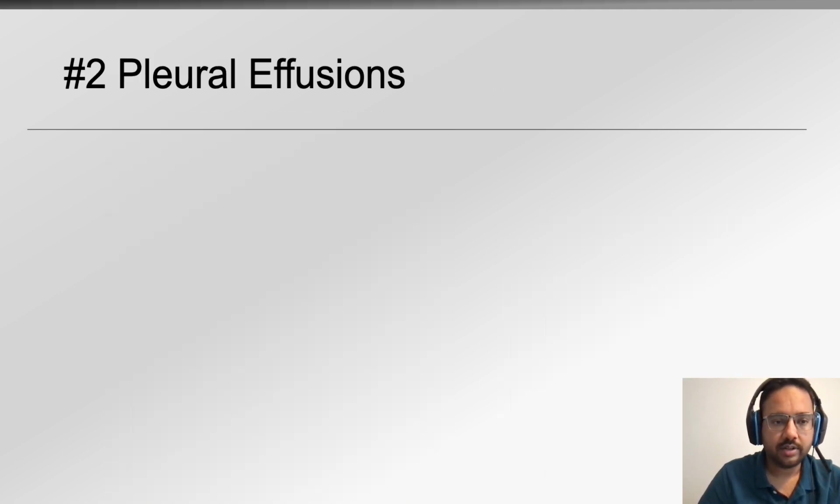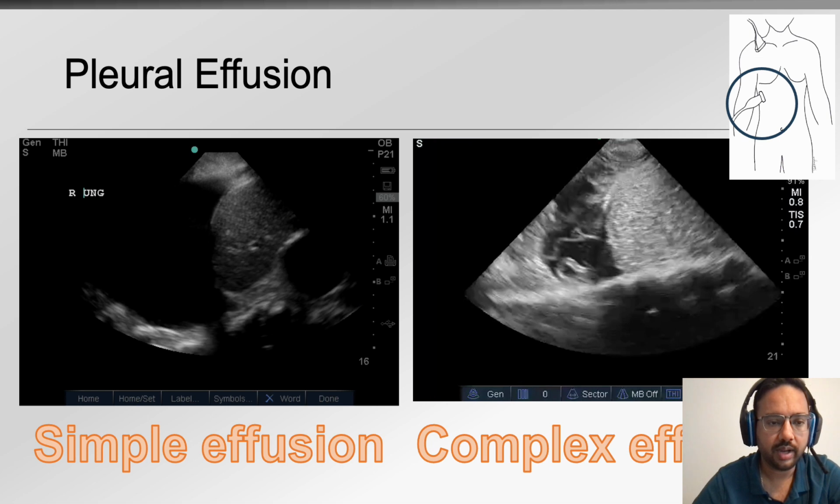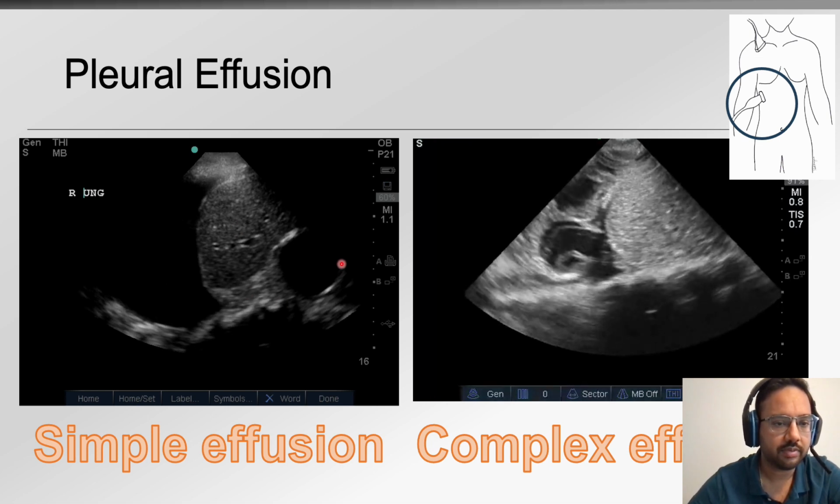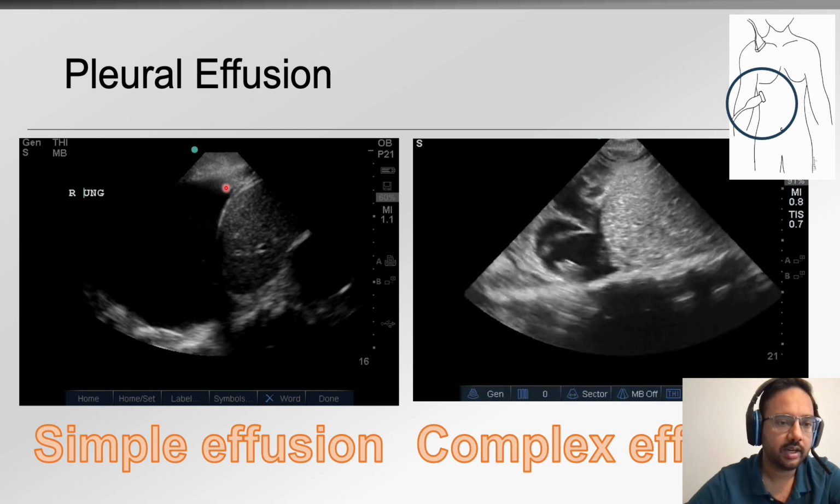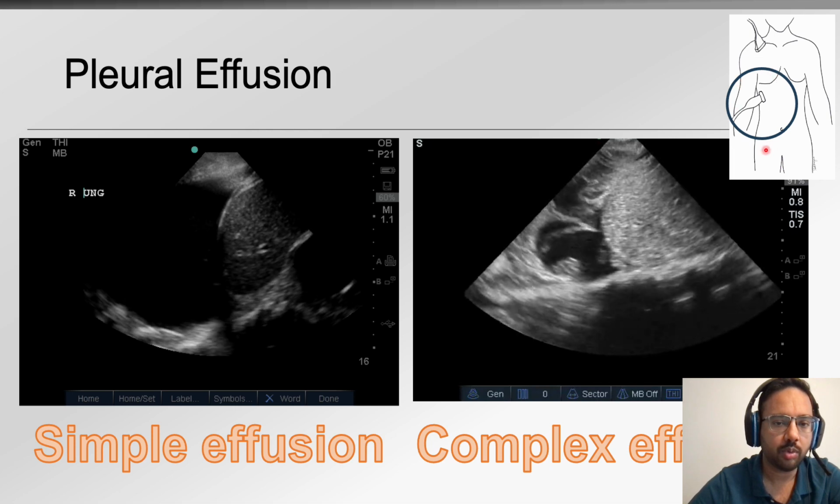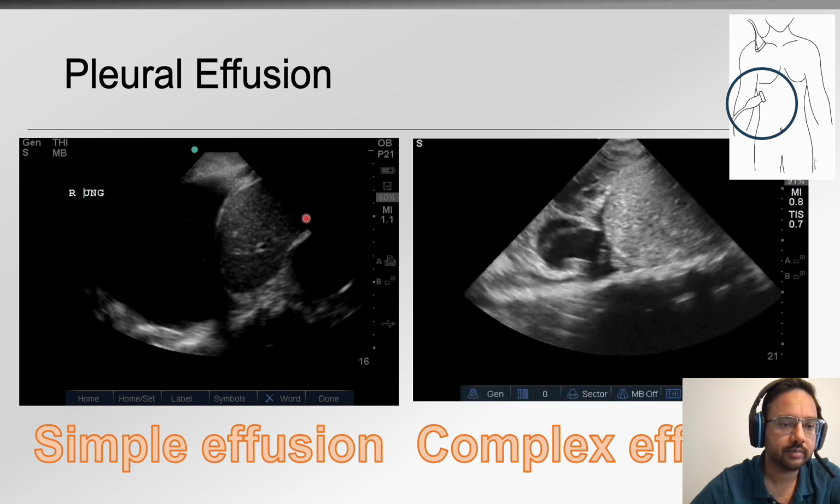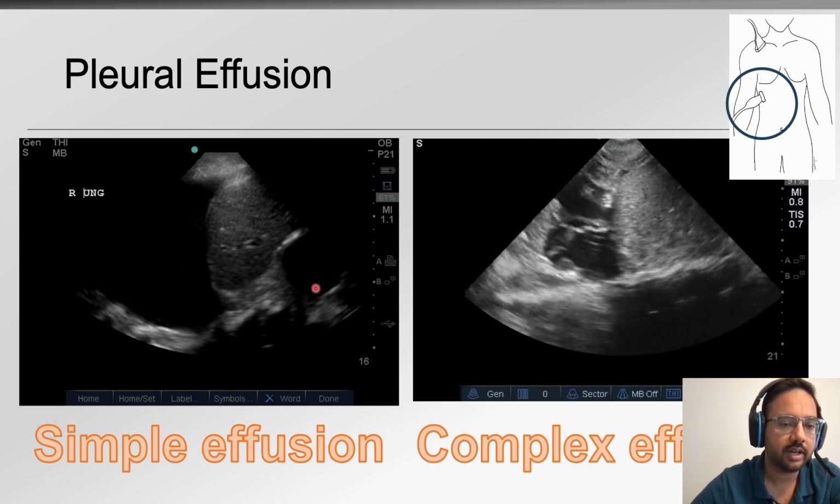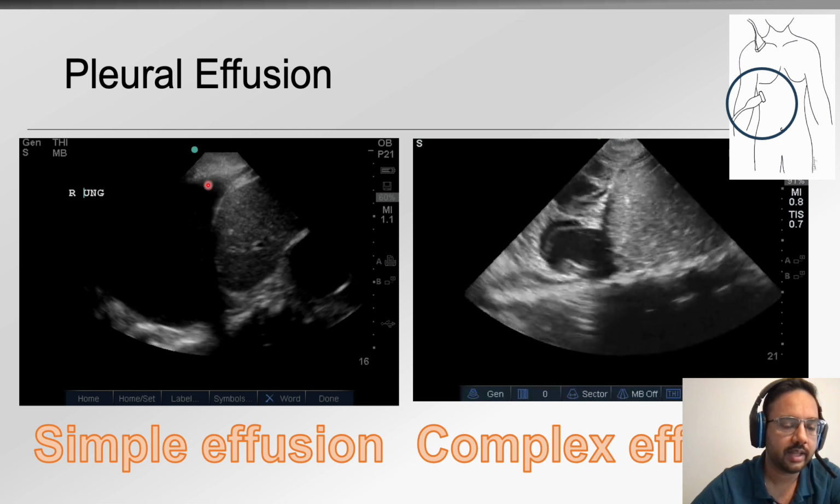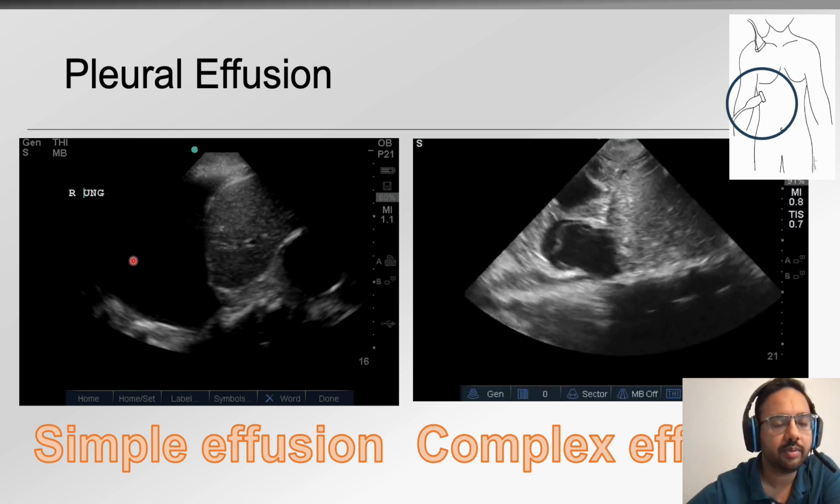Moving on, our second simple lung ultrasound criteria is a pleural effusion. Pleural effusion could be either a simple effusion or it could be a complex effusion. So the first image on the left is a simple effusion. Here in this image, you can see that the probe is placed in the right upper quadrant area. Here you can see the liver, the kidney hiding behind the liver here. There is the diaphragm, and then there is this large collection of anechoic fluid or black fluid, which represents a